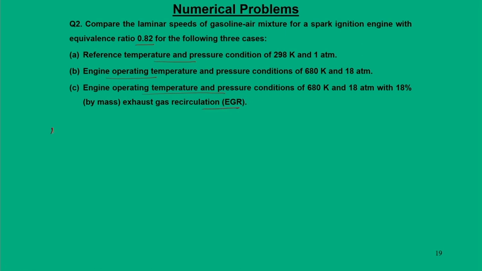So, for that, the first case let us see. So, what is the data given? T reference is normally 298 Kelvin, which is already written in our previous slides. P reference is 1 atmosphere,